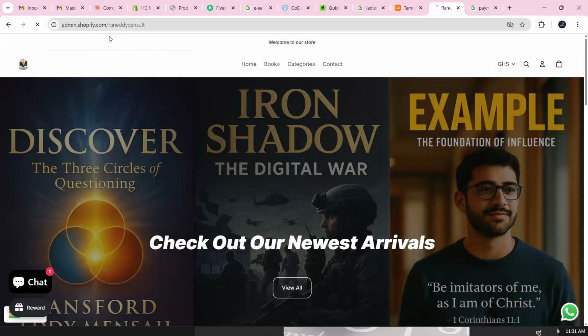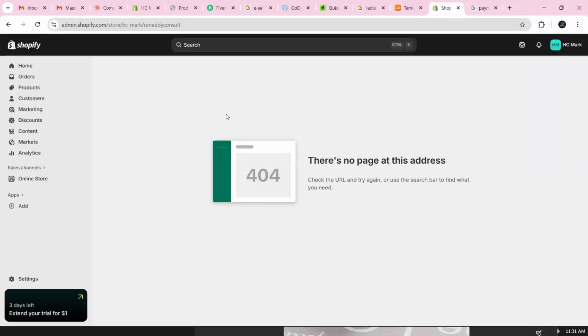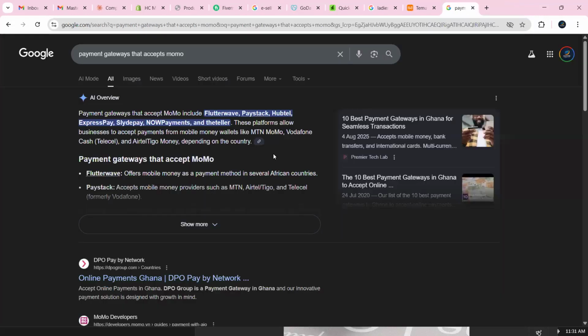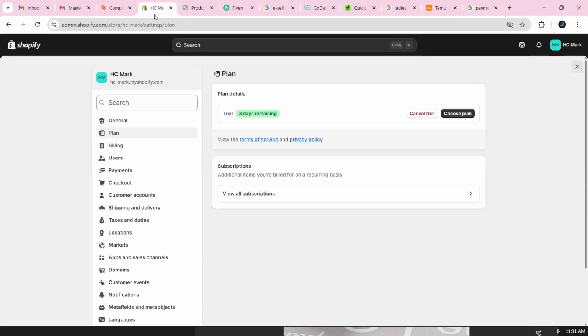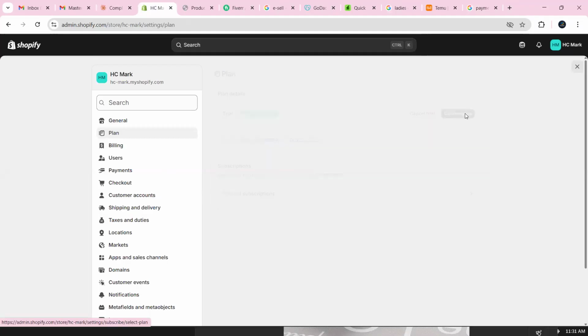Let me see if I can reach it from here. Right. Oh, it's proxied back to the HC mark. So when you enter the admin side and you pay, the system will easily give you access to add the,